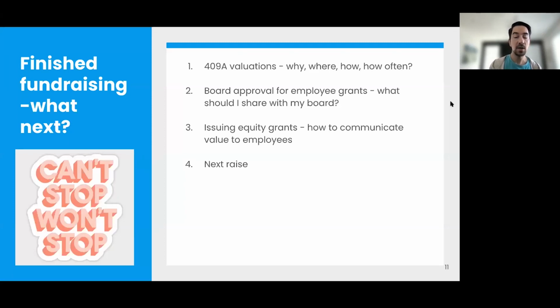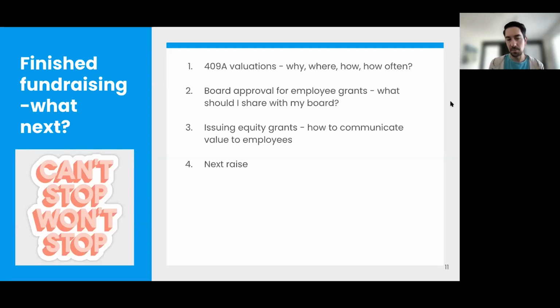At the same time, the valuation that you get from a 409A, and I know we can go deeper on that too, is probably different than the value at which you might give out your equity to your employees, especially as part of their compensation. The challenge in how you explain that to your employees is really important. So the 409A is sort of what